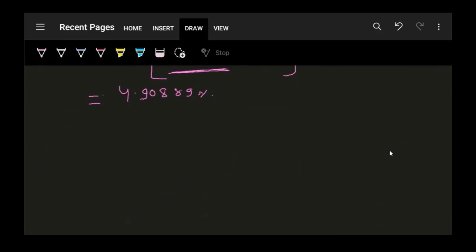About rounding: while performing calculations, we prefer that we round off numbers, and especially percentages, because these are relative figures. So we round them off up until 5 decimal places.